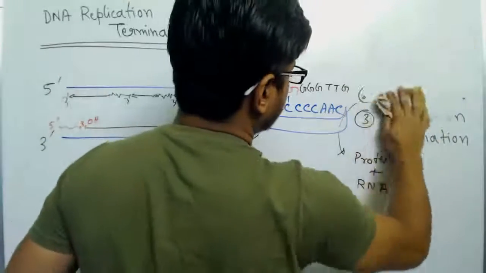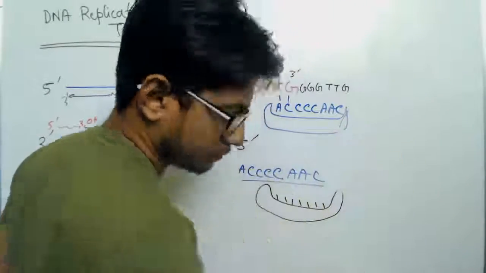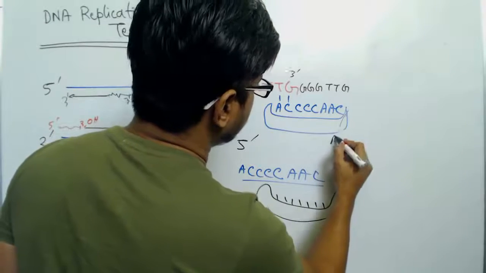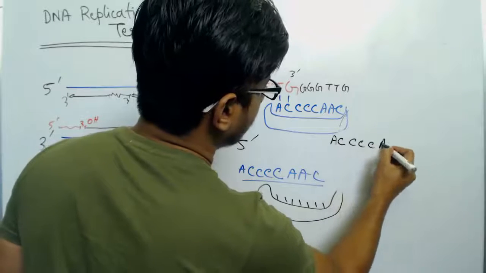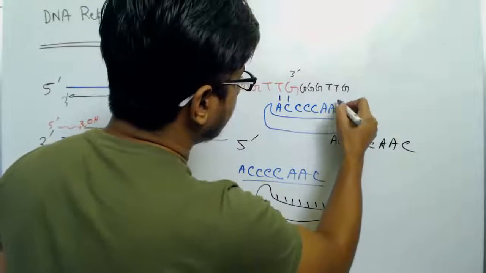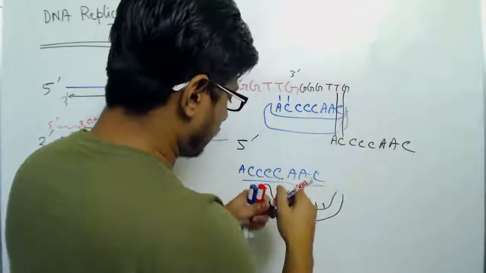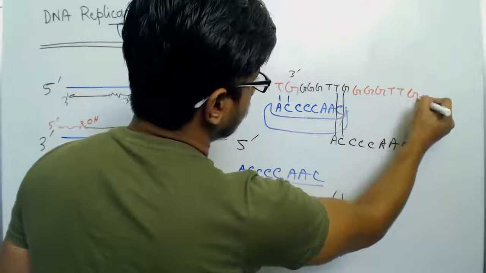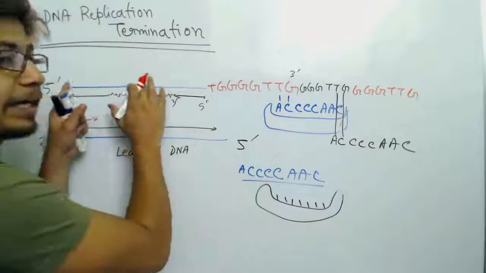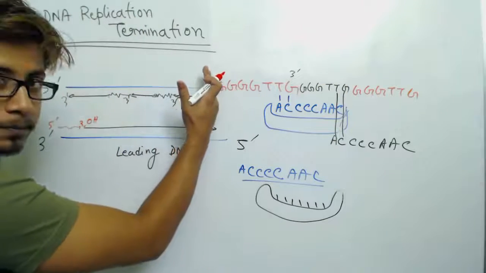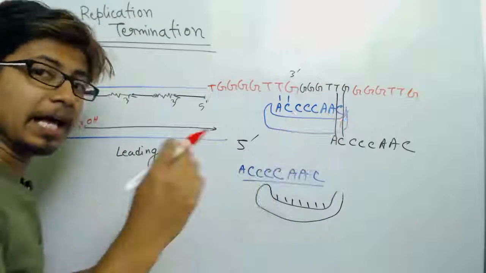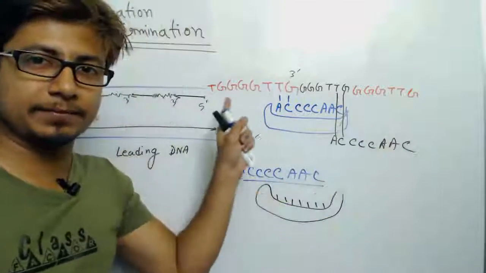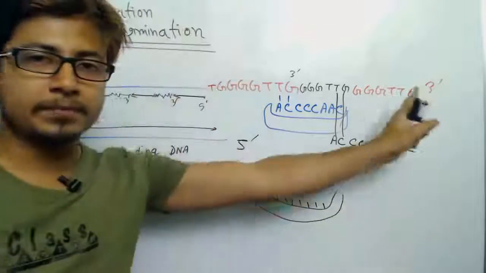Let me erase here. So here again they will bind to this region AC, then CCC, AAC, then again AC will pair here, and the rest of the sequence will form T, T, G. So you see the parental DNA strand was short. Now telomerase is helping to stretch and elongate the parental DNA strands to the 3' end, and it will elongate